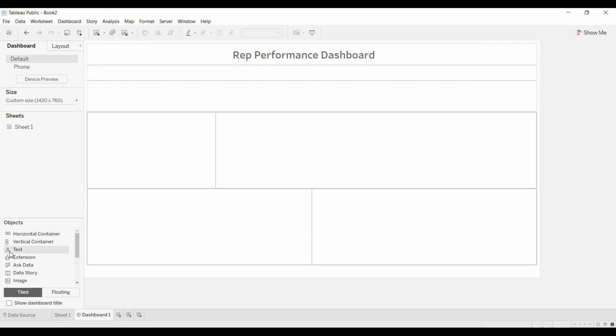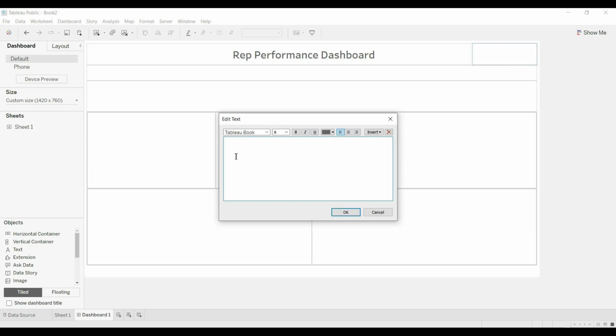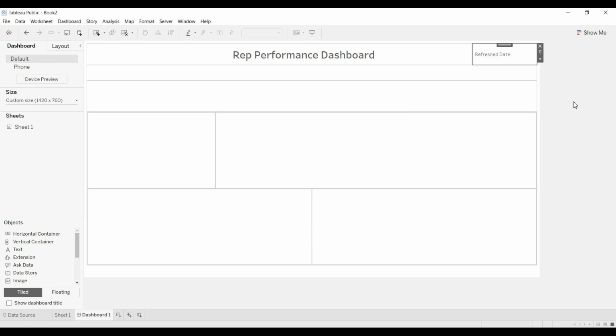Okay, and here we can also have a text which will say refreshed date, and then we can have a refresh date based on a column which is coming from the backend. So we can ask the backend team or DE team to provide us a column in which there will be a date based on when the data was refreshed. Here an I button, and there we will be having some image.